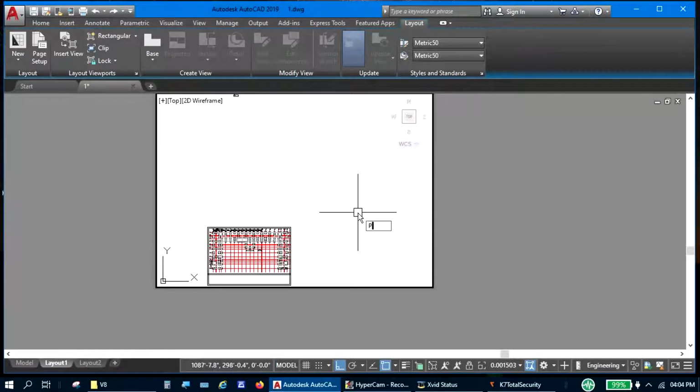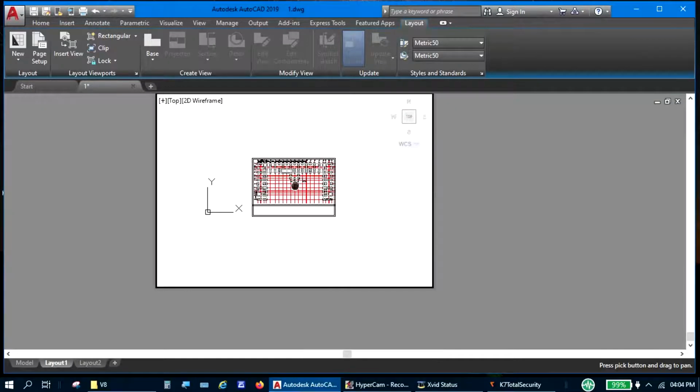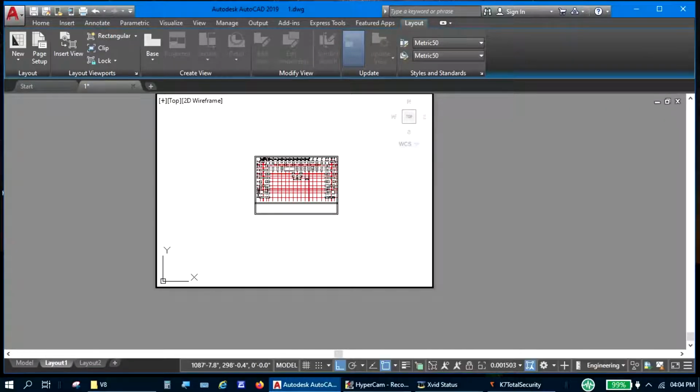Press escape key and type P for pan command. Now bring the printing area of the drawing to the center of the viewport. Press escape key and type Z for zoom command. Now type 1/200 XP or type 0.005 XP and enter now.